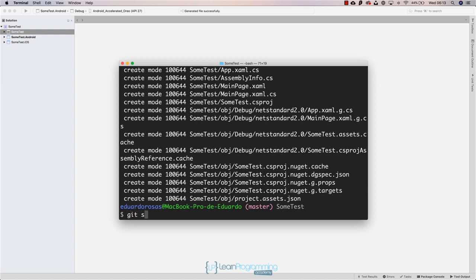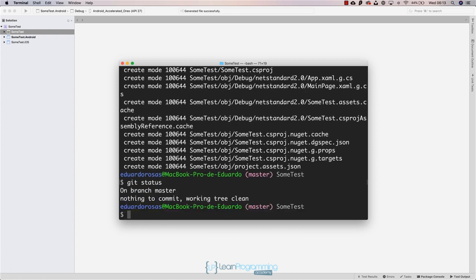And I can run git status again to verify. And you can see that there is nothing to commit. There aren't any changes that have been made since the last commit. So because a commit has been made, all of those changes that were pending are now saved. That first version is now saved inside of the Git repository. Now, of course, this is just the first commit. A commit with all of those default files that get created at the beginning when we create this Visual Studio